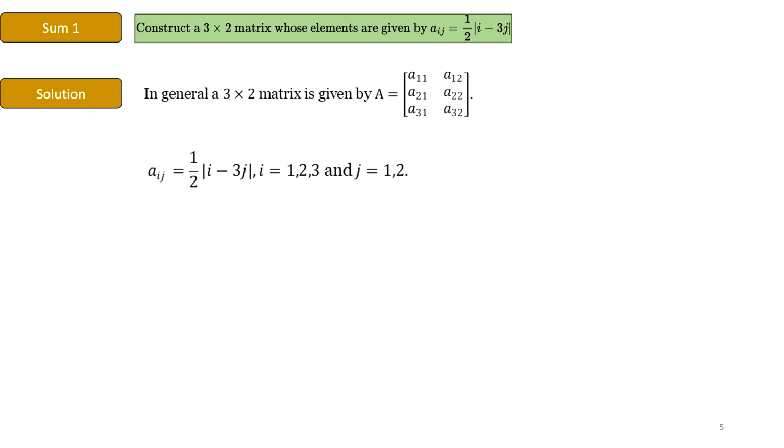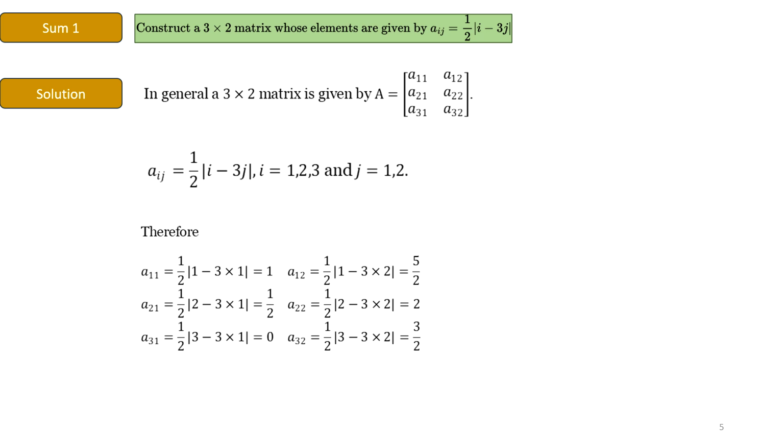Now, as given in the problem statement, aij is equal to half of mod i minus 3j. i takes values 1, 2, 3. j takes values 1 and 2. This is based on the general form of a 3 by 2 matrix as mentioned above. We replace the values of i and j in the generalized form of the 3 by 2 matrix, and the elements of the matrix are computed as shown. Hence, the required matrix A will be